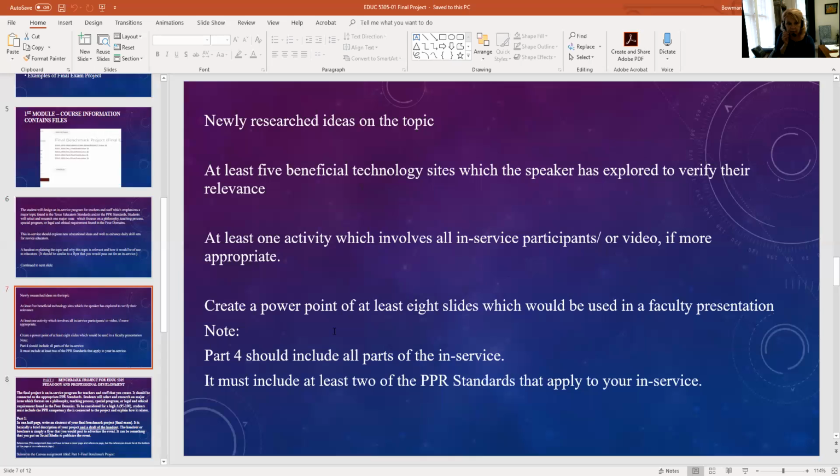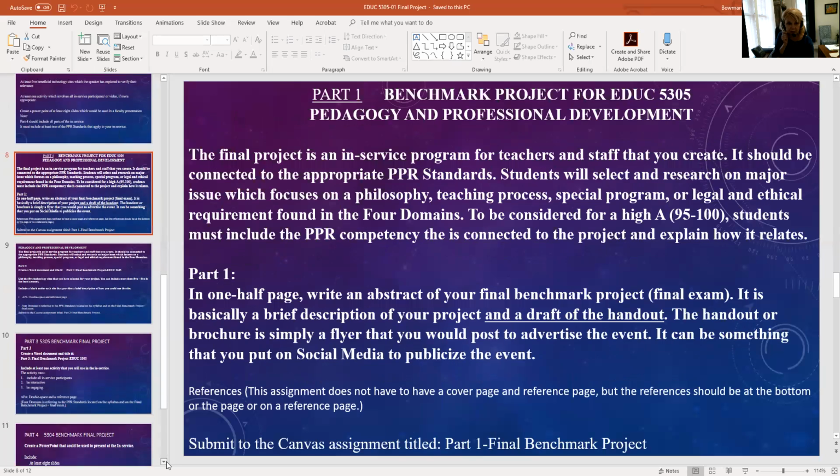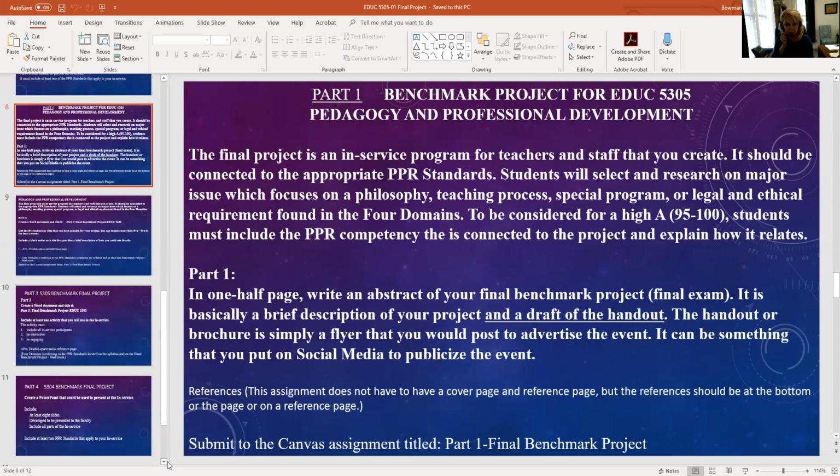And then last, you'll create a PowerPoint of at least 8 slides that you would use to conduct this training. So part 4 would be the slides, and it can be more than 8, but it needs to be at least 8. And remember that you need to include 1 to 2, preferably 2, PPR standards that apply to your in-service. It may not fit every word of that standard, but when you look at the standard, you can see how